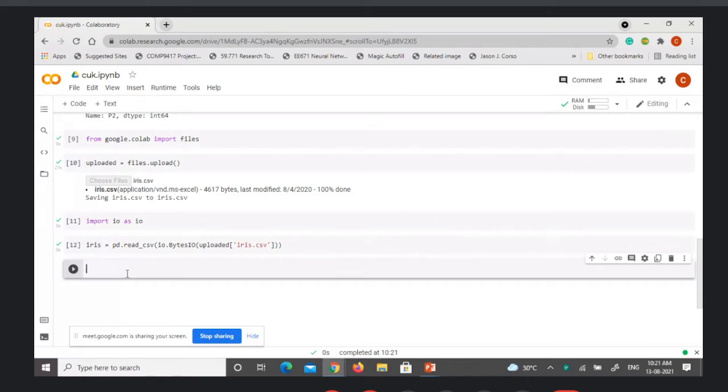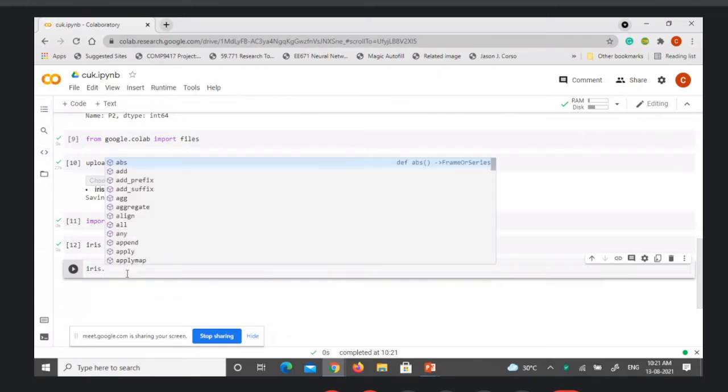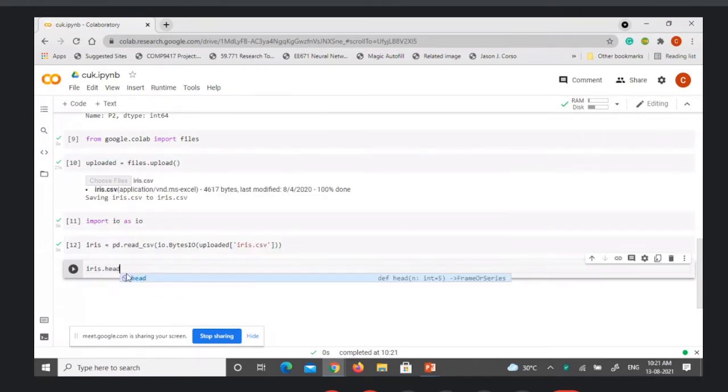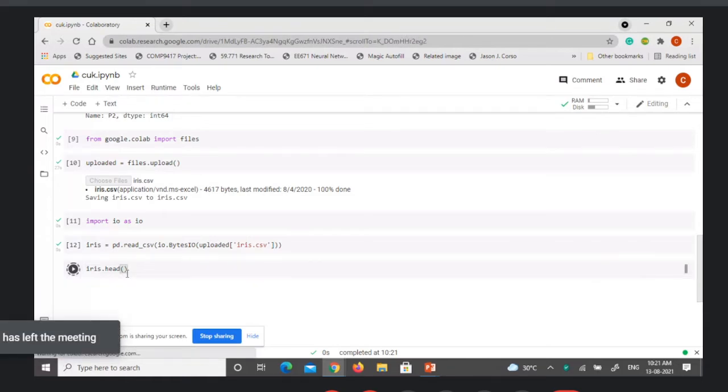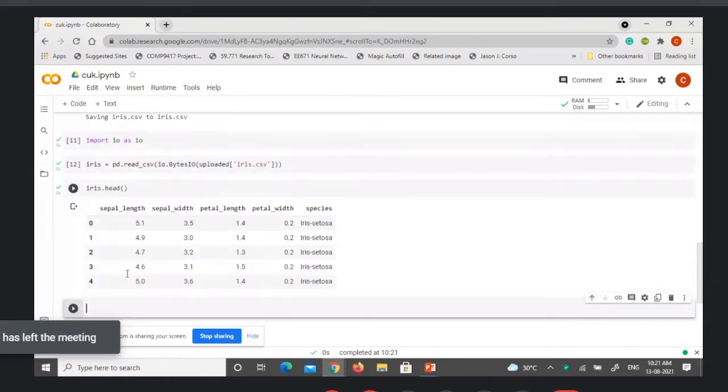Now you can see this data structure. We can use different commands to extract information from the iris dataset. So we have a head command. When you say iris.head, it will retrieve the first five rows of information.